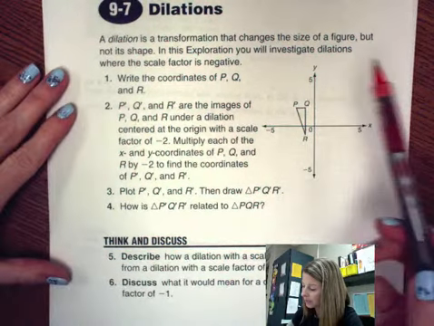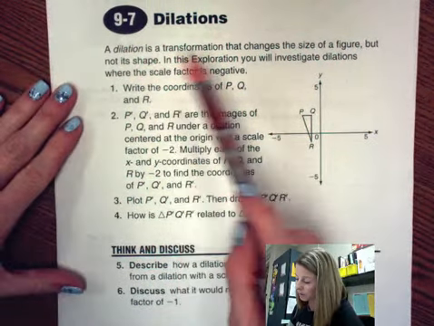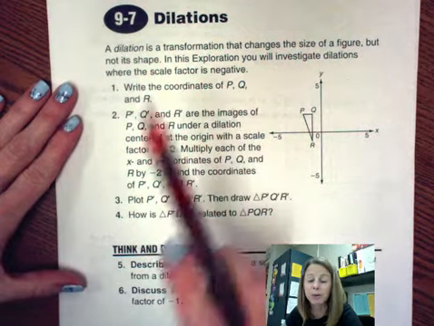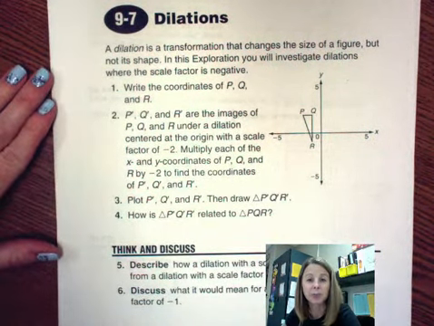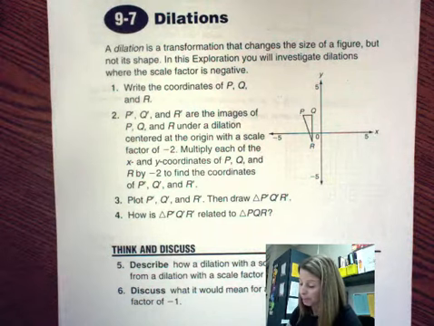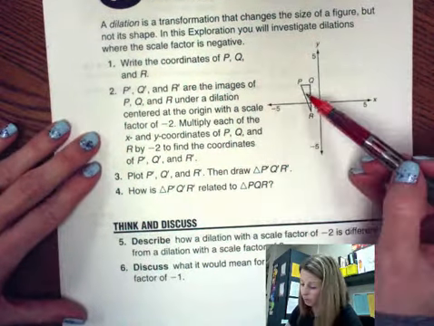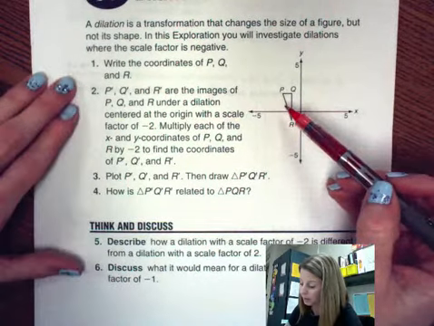So we know what a dilation is. We're going to explore a dilation where the scale factor is negative. So up until this point, we have said the dilation factor is like a 3 or maybe a third. But let's talk about when it's a negative. So what I'd like to do with this one, we want to write the coordinates of P, Q, and R